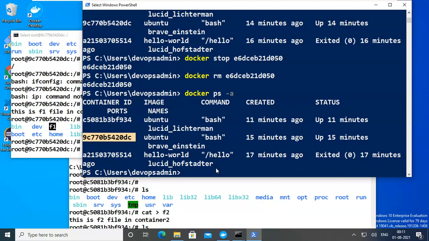I'm going to stop it. I'm not exiting from there, but I'm going to stop that container. Previously I exited, then I stopped it. Now without exiting, I'm stopping that container. So what happens? Just look at that one. This is the container ID.